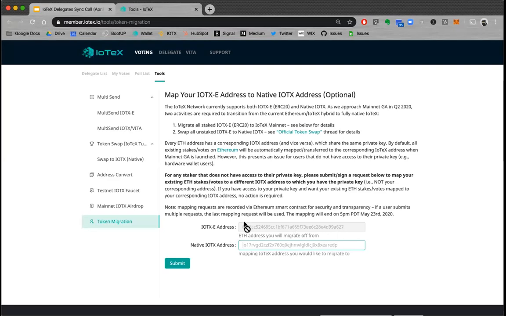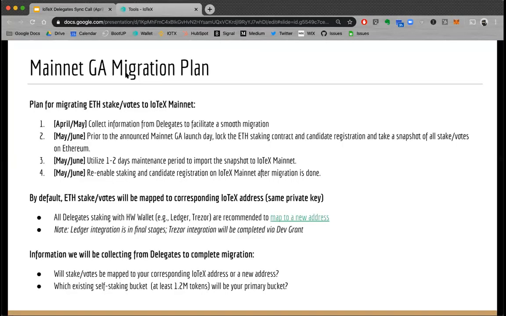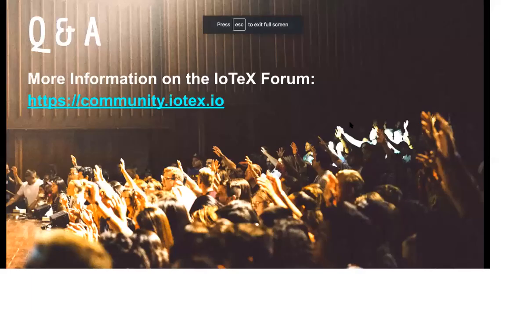So this is my address here, and the one that maps to this corresponding address, but I can enter another one, and that's going to cut over the votes to that. The good thing about this is we recommend, especially for anyone voting with a hardware wallet, to do this process. But if the Ledger integration does happen to be completed before Mainnet GA launch, then you can also revert back to your original